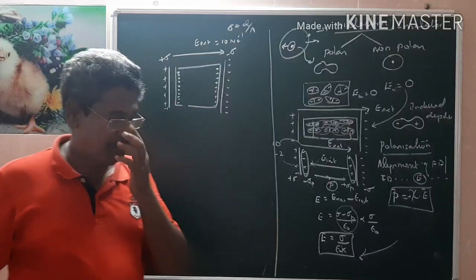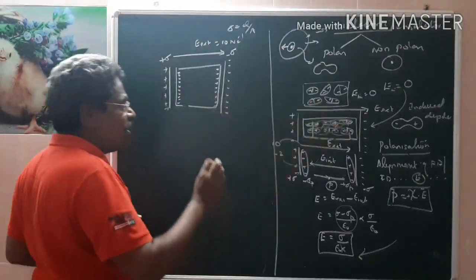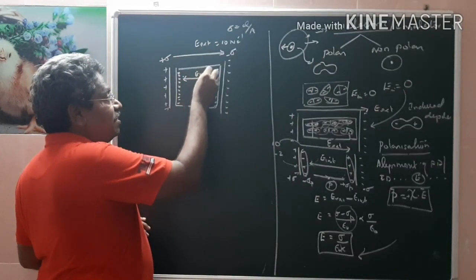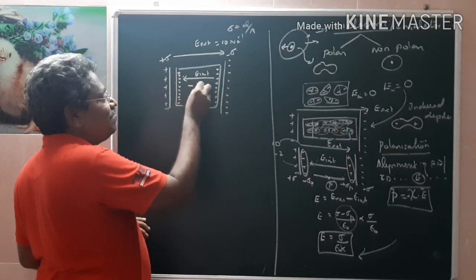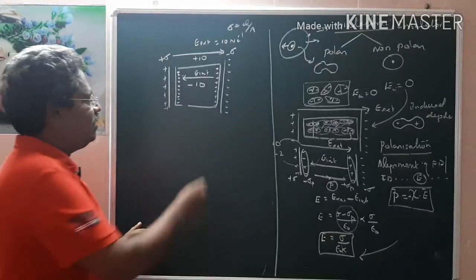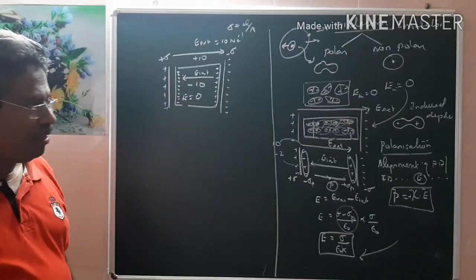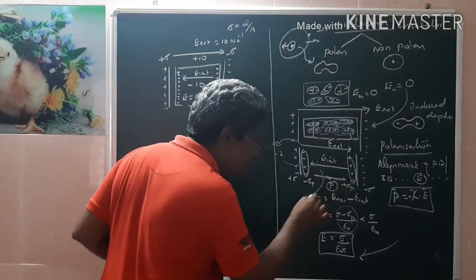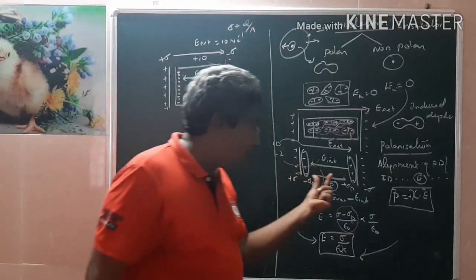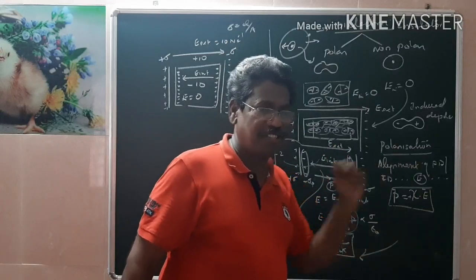The net is 8. But in a conductor, all the free electrons come here and all the ions go there. Now, an external electric field is produced from positive to negative. This internal field, if it is 10, is minus 10 here and plus 10 there, equal and opposite to the external field, such that the net resultant electric field inside the material is 0. But here, the net resultant electric field inside the material is not 0. It is sigma by epsilon naught K. And all the dipoles are formed in such a way that the polarization and the electric field are in the same direction.